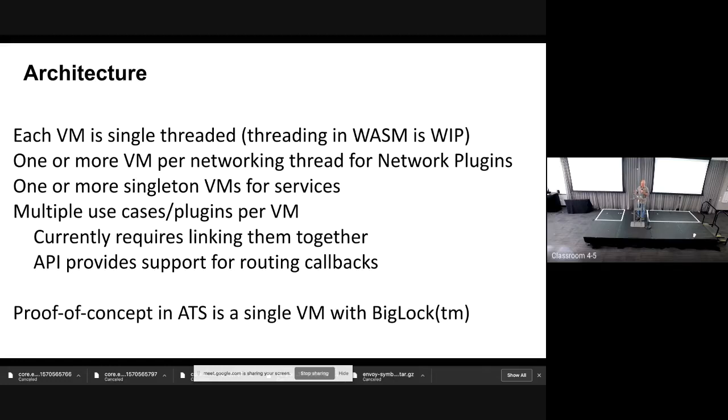And also that we'd like to support multiple VMs per network thread. If you're going to use this and you have a lot of plugins, there's some overhead to setting up each VM because there's a certain amount of memory involved. Currently, we support